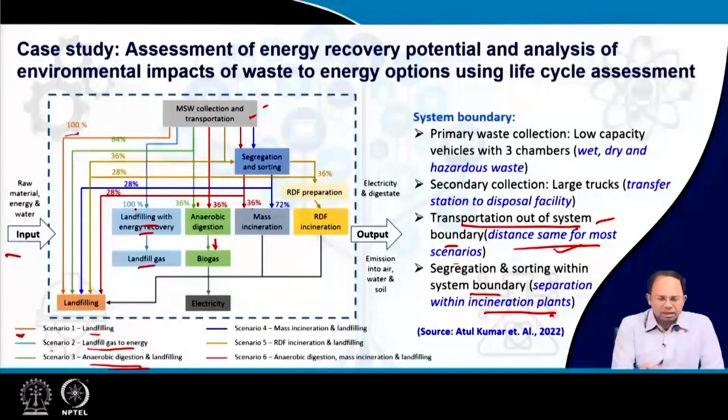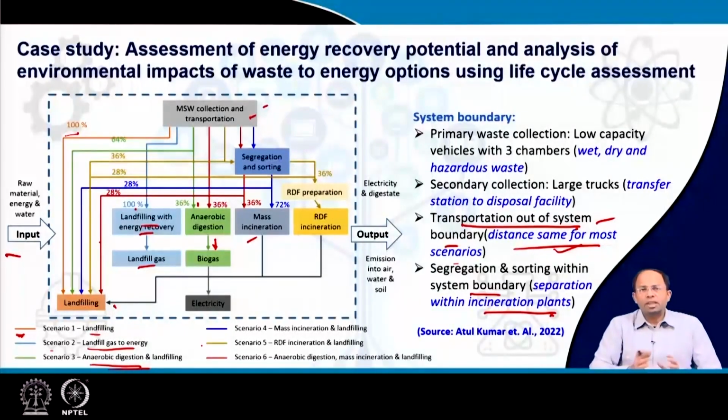Similarly, in case of scenario number 4, you can see some amount is coming for mass incineration, and then some amount of it is going back to the landfill after mass incineration. Some amount is directly going into the landfill. So what volume goes into the landfill or mass incineration, based on each scenario, we are defining this percentage, and that determines my system boundary. That is how I am designing the overall system. What are the limits I am creating, based on which I will do the analysis.